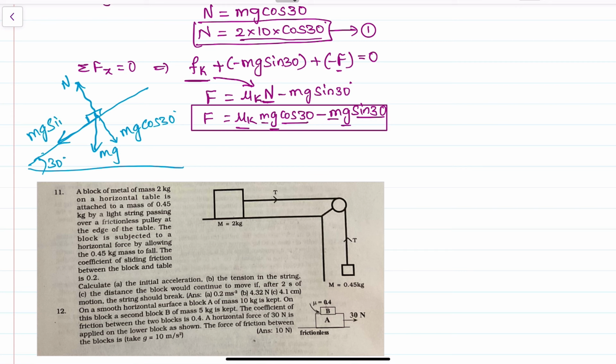This time the particle should move upside. So in order to move upside, we should apply the force in the upward direction. The applied force is F. As the particle is moving upside, the frictional force acts opposite to motion, so the frictional force is along downwards. Apply the same rules again. In this case also acceleration is equal to 0. So apply sigma Fy equal to 0 and sigma Fx equal to 0 and solve for the unknown F. So you will get the answer. Approach in the same way.